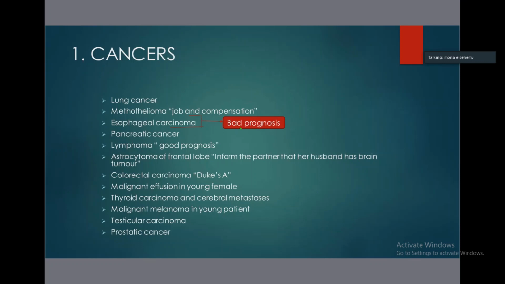If you don't know any part of the information, it is important to acknowledge that you don't have this piece of information right now. You are going to recheck with your senior, with your colleagues or whatever, and then tell the patient the answer. Don't volunteer an answer which you are not sure about. If you are not certain about the answer to the patient's question, just tell him that you are going to recheck and tell him the answer by the end of the meeting.